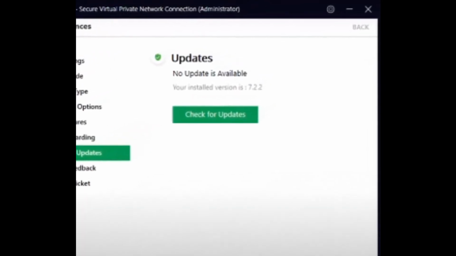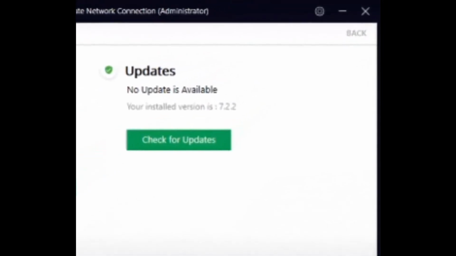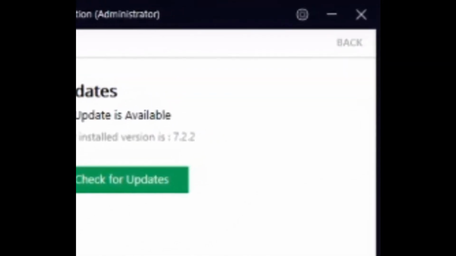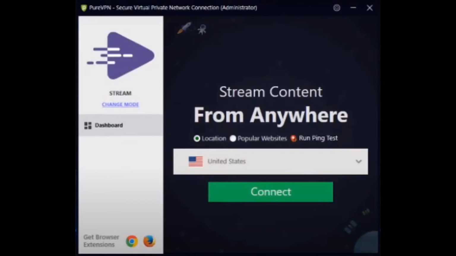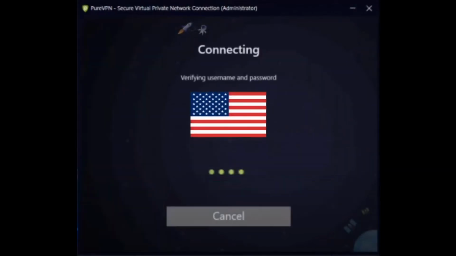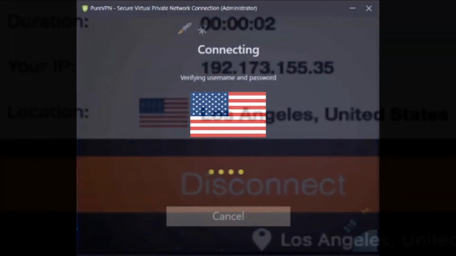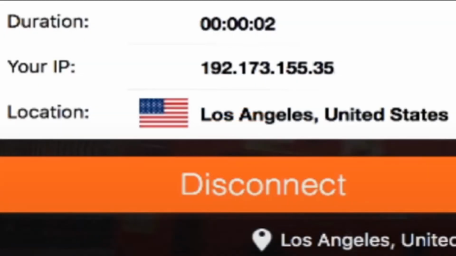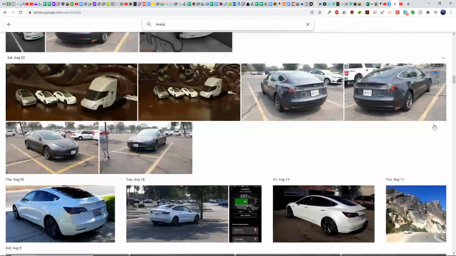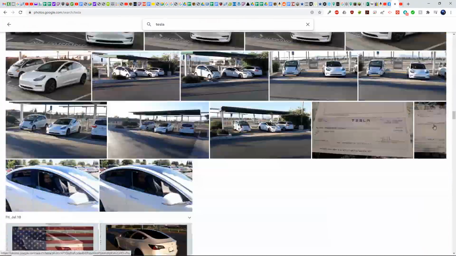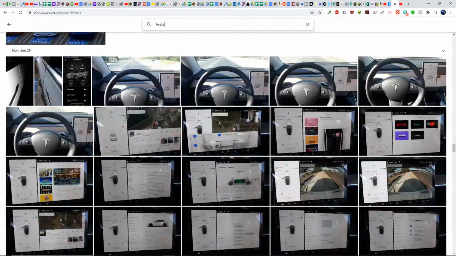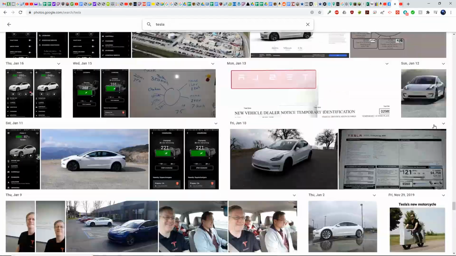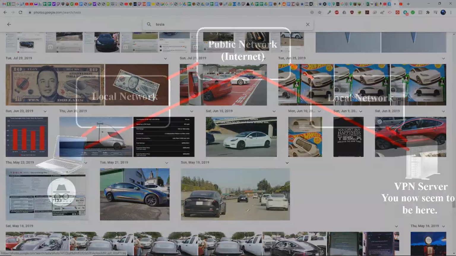Now if I click on back, found in the upper right hand corner, it will take me back to the main screen where I can now connect and start using my VPN. So I'm going to click on the green connect button. After a few seconds, it will connect. And then you'll be assigned a new IP address via the VPN. And that IP address is not associated with your actual physical location. And you can browse just as before. Basically, the service is very transparent and you don't really notice that you're actually using it.